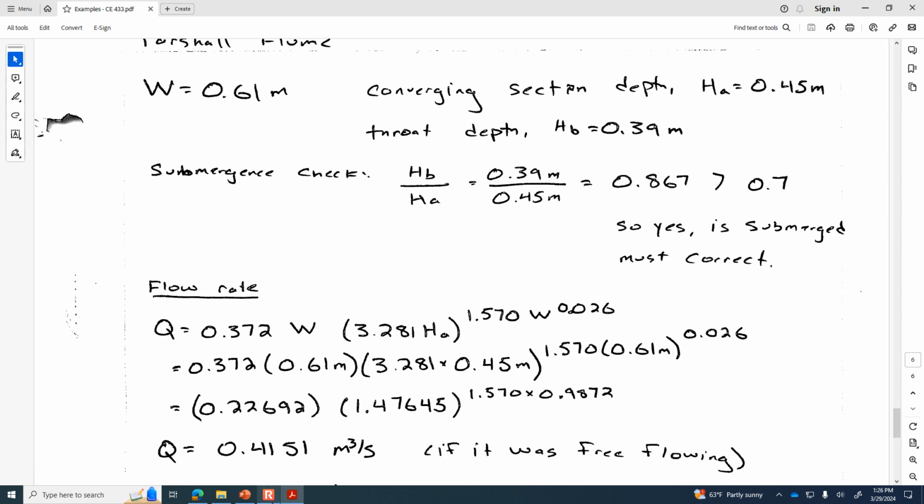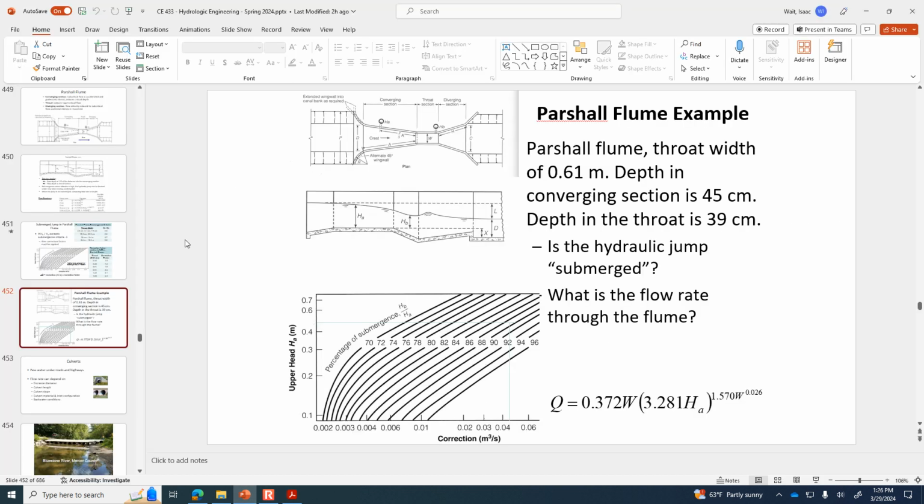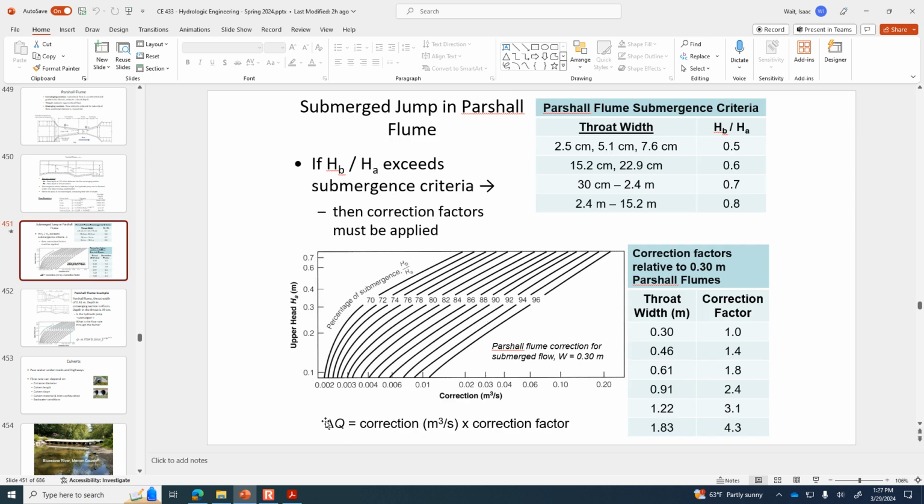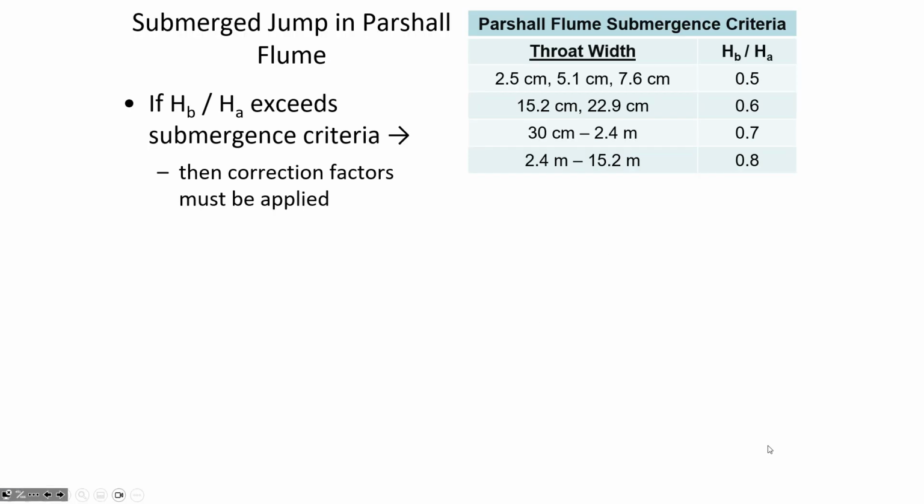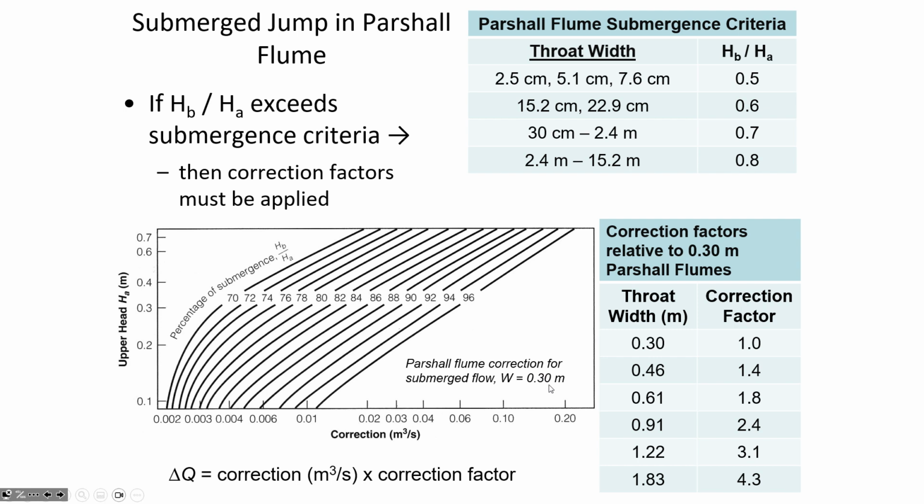Okay, now that's what it would be if it wasn't submerged, but it is, and so now we have to go through the step of finding out what is delta Q. Delta Q consists of two things: the correction, and then if we're using a figure that applies to a different width than we have, a correction factor. And that is going to be the case. The figure that we're using applies to a throat width of 0.3 meters, but our throat width is 0.61. So how do you use this figure if it's for the wrong throat width? It's just by scaling it up with the correction factor. And so our correction factor, let me just